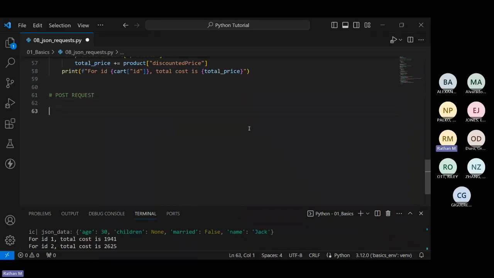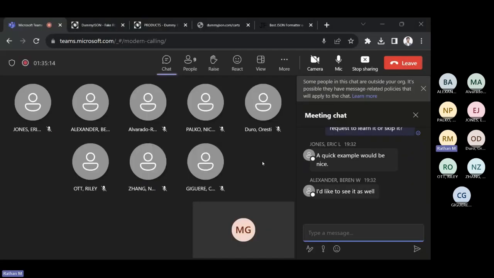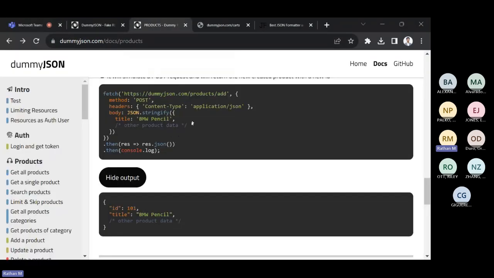Now, just as a recap, post request is used to send information. And remember,